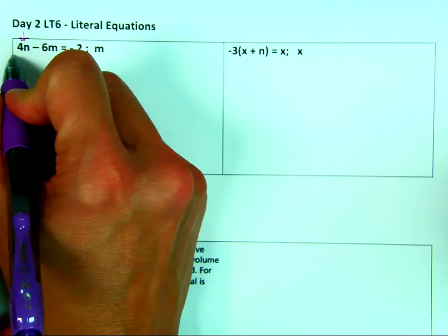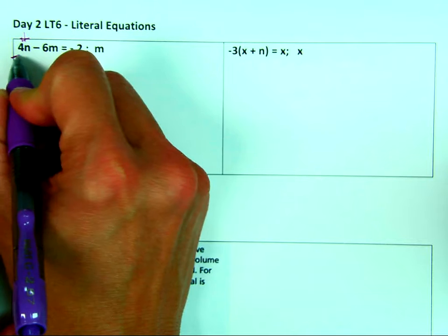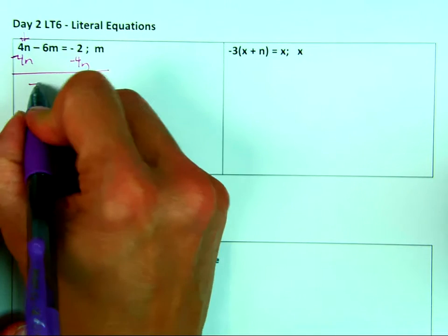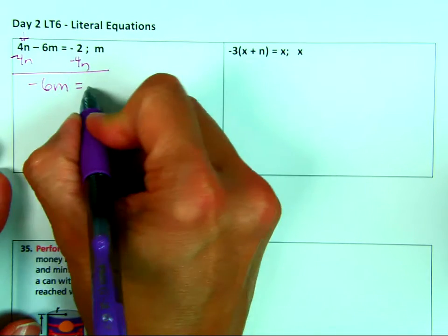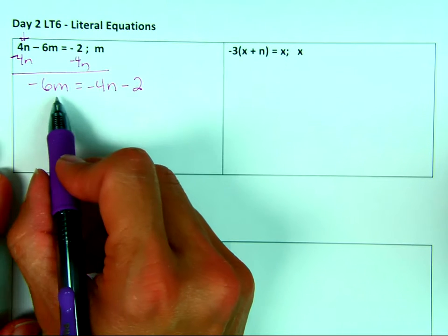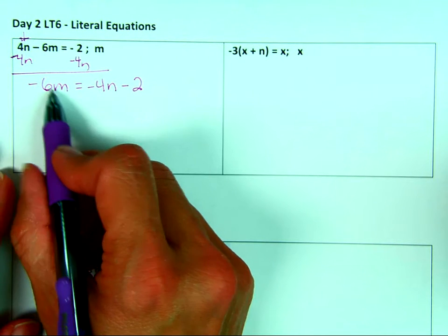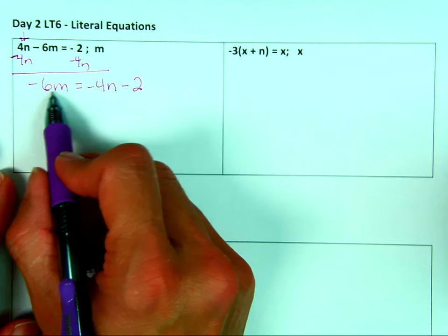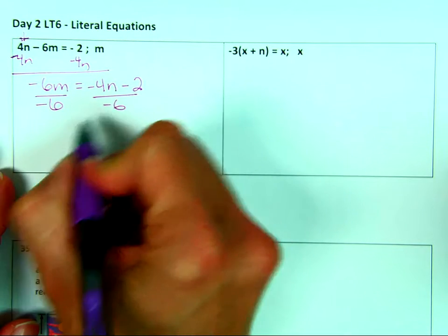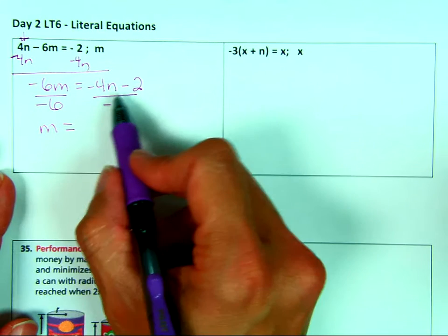So how do I get rid of a plus 4n? I subtract 4n from both sides. So I'm going to do that. I'm going to get negative 6m equals negative 4n minus 2, and then I just need one more step to get rid of my -6, which is a coefficient. It's being multiplied, so to get rid of multiplication, I divide, and I get m equals negative 4n minus 2